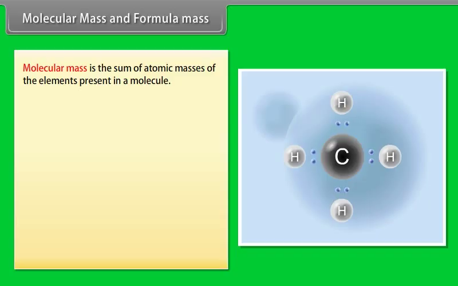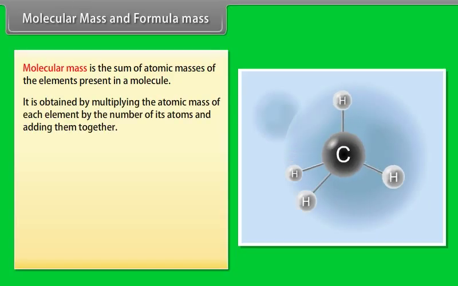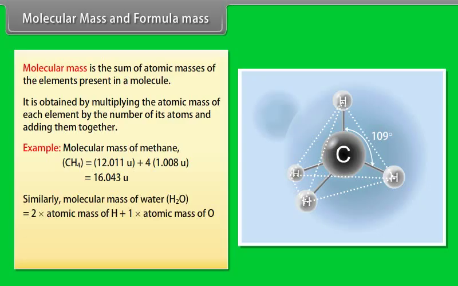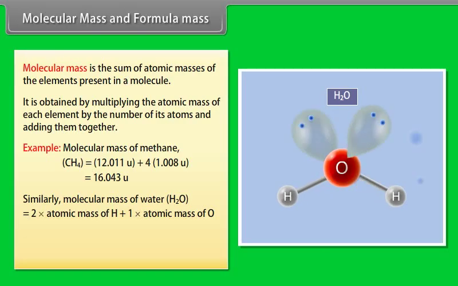Molecular mass and formula mass. Molecular mass is the sum of atomic masses of the elements present in a molecule. It is obtained by multiplying the atomic mass of each element by the number of its atoms and adding them together. Example: molecular mass of methane, CH4, is equal to 12.011 u plus 4 × 1.008 u, which is equal to 16.043 u. Similarly, molecular mass of water, H2O, is equal to 2 × atomic mass of H plus 1 × atomic mass of O,